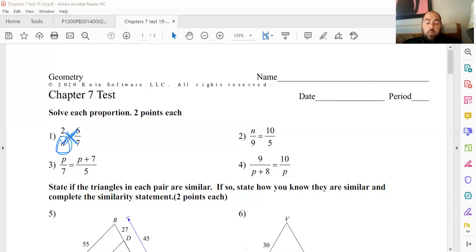So we multiply 2 times 7. Let me see if it's easier with a mouse. And we set that equal to, no, it's not easier with a mouse. Undo. We set that equal to,